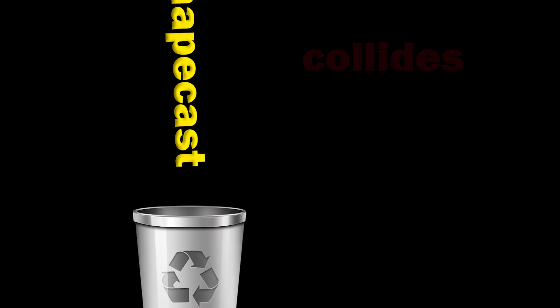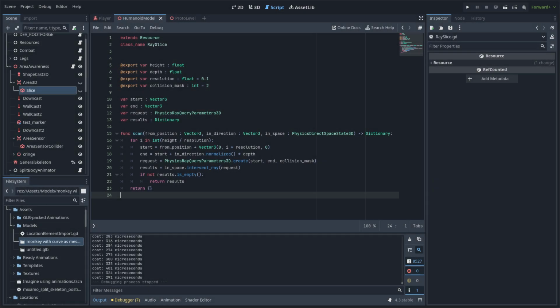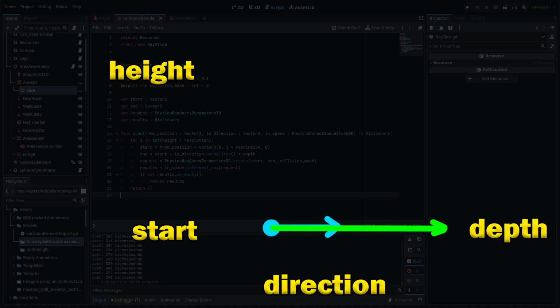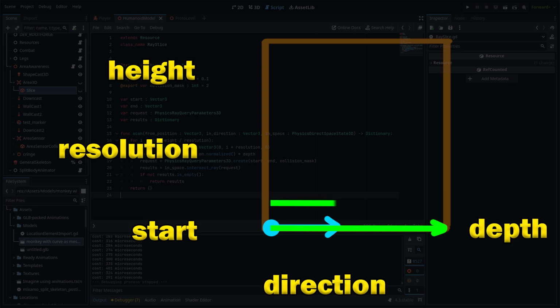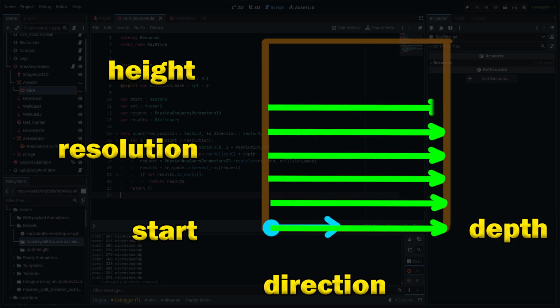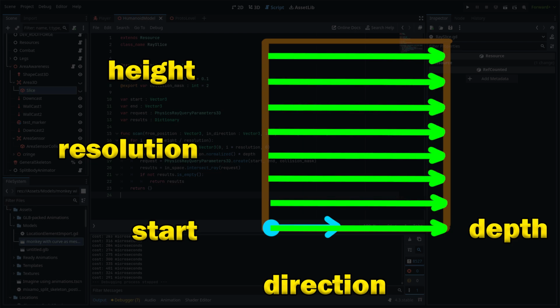So for the final leap, version 3 of the algorithm ditched the shapecast. Yeah, sort of sucks to return to discrete methods, but as you will soon notice, even casting 20 rays is cheaper than using a shapecast. So what I ended up doing is I made a small helper abstraction, a raycasted zone. In short, we have starting point, direction, depth, height and resolution. With these 5 parameters, I define a rectangle that will fire raycasts continuously until it hits something, and the resolution parameter is how little is the distance between two raycasts.